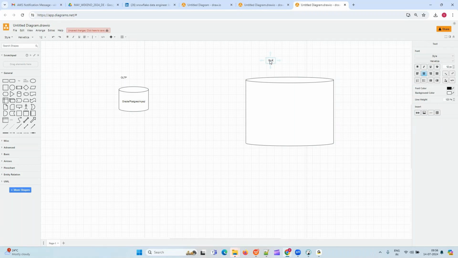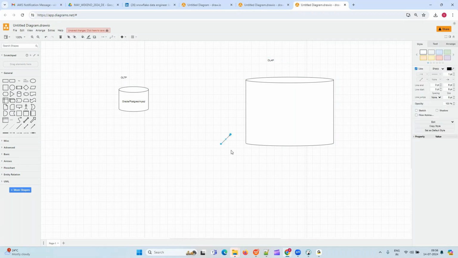Here it is transaction processing, here it is analytical processing, and we are going to move all the historical data from here to here. Maybe the last 1 year of data we'll put here, and all the 9 years old data we'll put here. So what is the reason? We can hold it here only, right? Why are we moving the data from here to here?